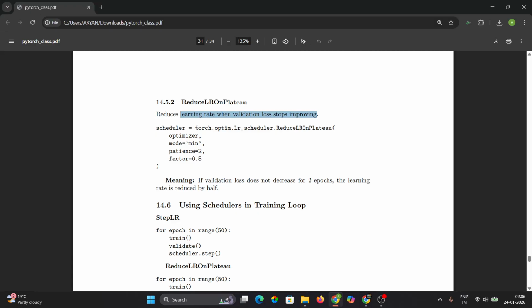We can call that scheduler in this way: torch.optim.lr_scheduler. There you wrote StepLR; here you will write ReduceLROnPlateau. And here the optimizer, mode will be min, patience is 2 and factor is 0.5. Its meaning is if validation loss does not decrease for 2 epochs, the learning rate is reduced by half. This factor is the half and this is the patience. So if the loss is not decreasing after 2 epochs, it means you are near the minima, so it decreases